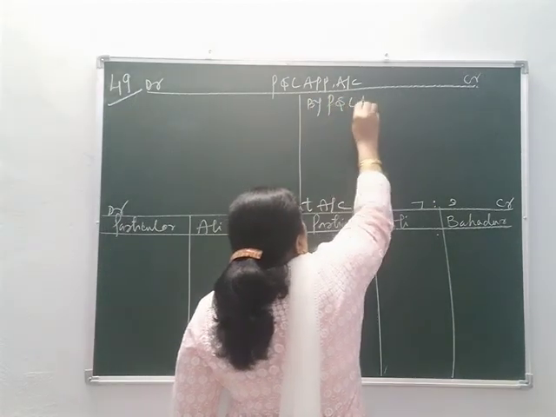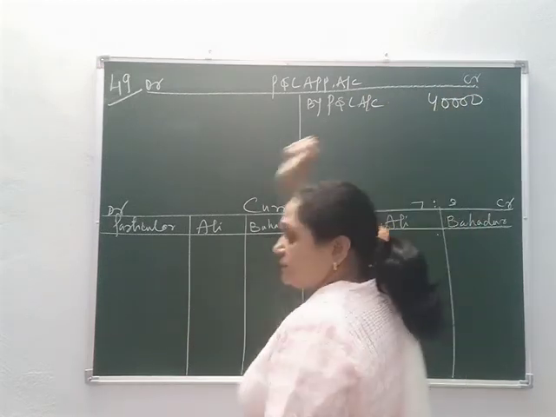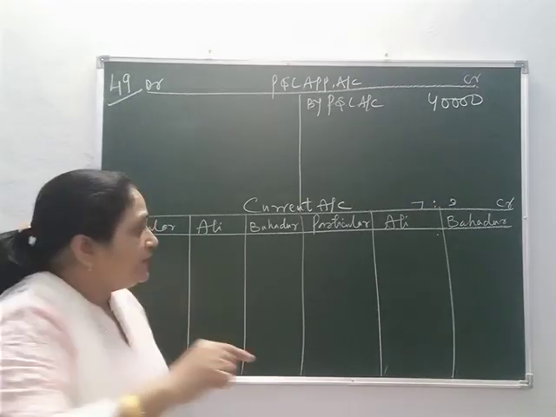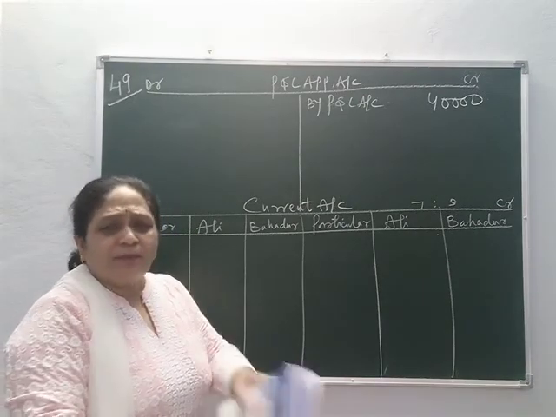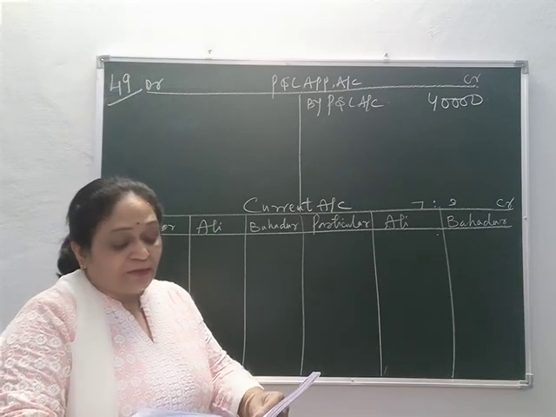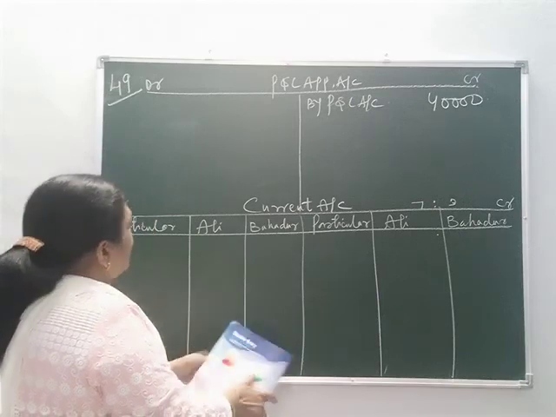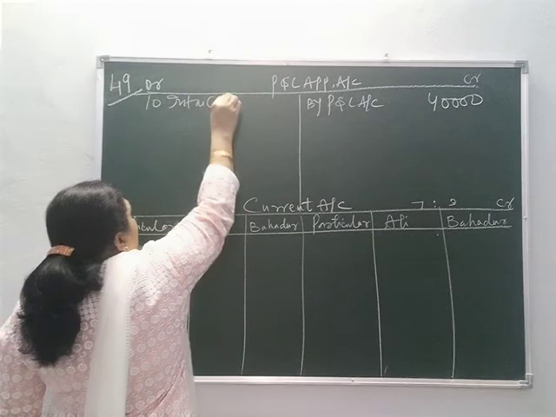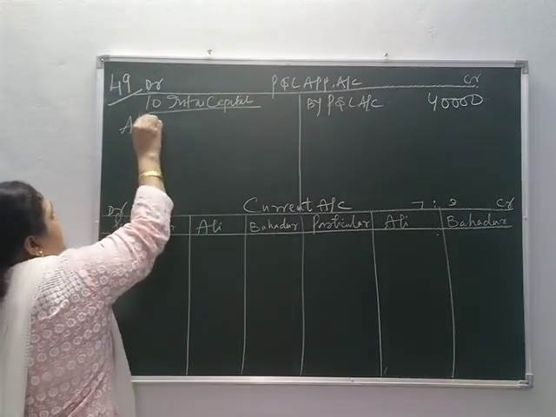So here we are writing by P&L appropriation, which is 40,000. Now opening balances are of capital account. Current account does not have any opening balance, so no need to write any balance into it. 5% is interest on capitals of 25,000 and 20,000 respectively. So to interest on capital, Ali's capital account